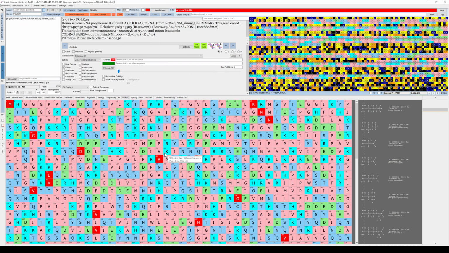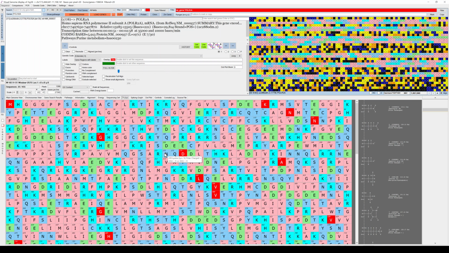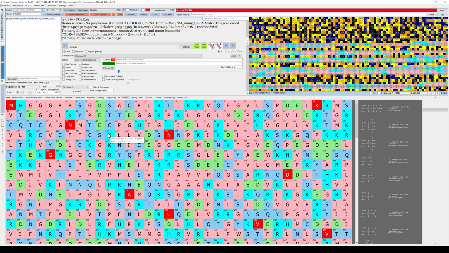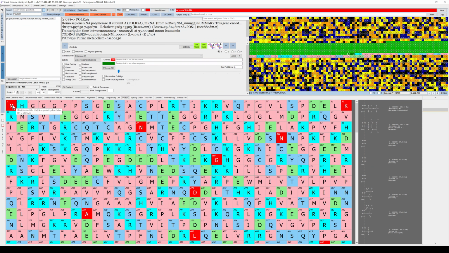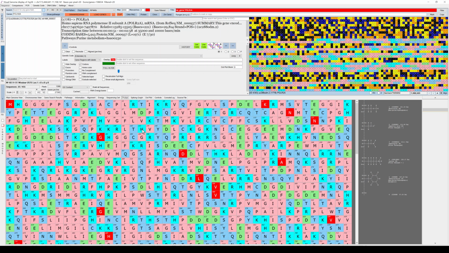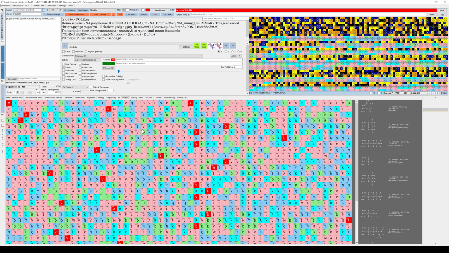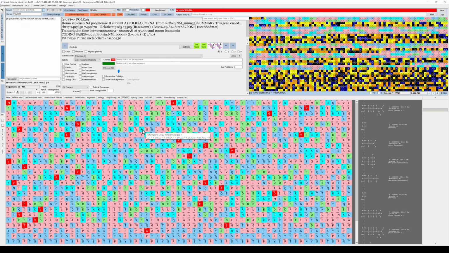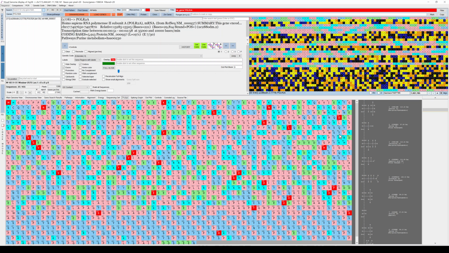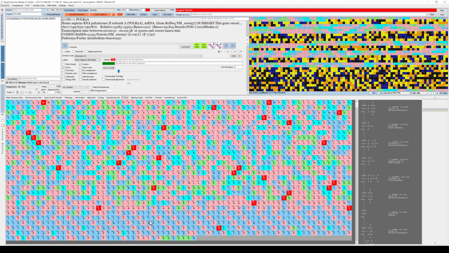If you make it wider, then you can see the amino acid number for each amino acid. Every protein starts with methionine, which is also the start codon. And if you make it smaller, or make the number of amino acids in each line wider or bigger, and you scroll down, you can see the different amino acids that it's made of.